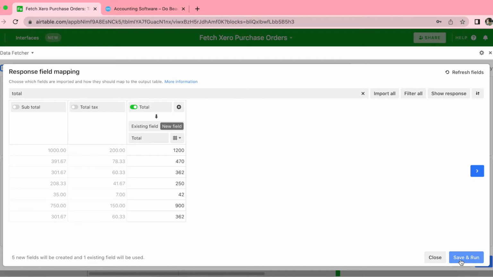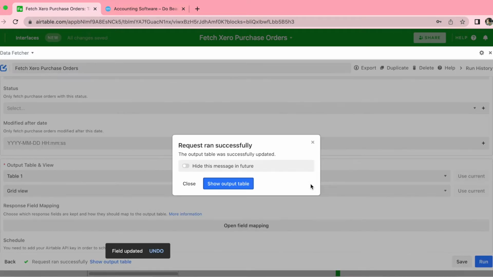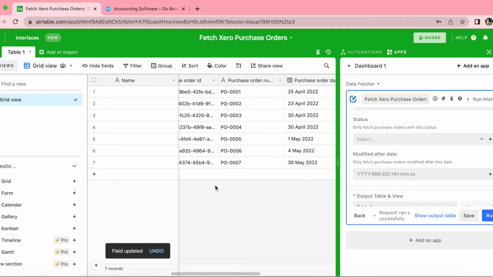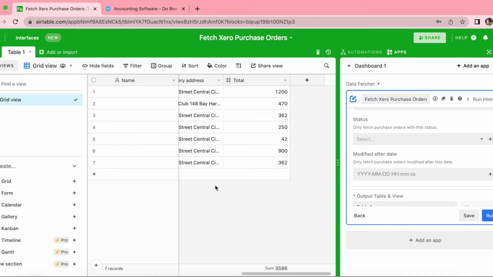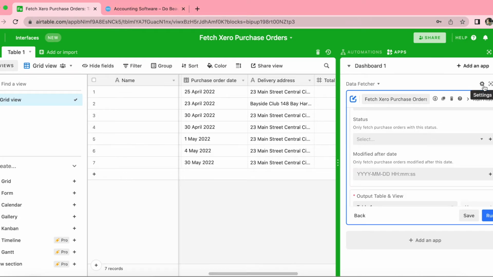Then you can click save and run in the bottom right hand corner, and now this will start importing your fields into Airtable. When that's done, you just click show output table, and as you can see, it's really as simple as that. So we've been able to fetch our Xero purchase orders into our Airtable via Data Fetcher. Now we can go one step further. So we want to make these records be imported automatically as we update them in Xero, or as they update